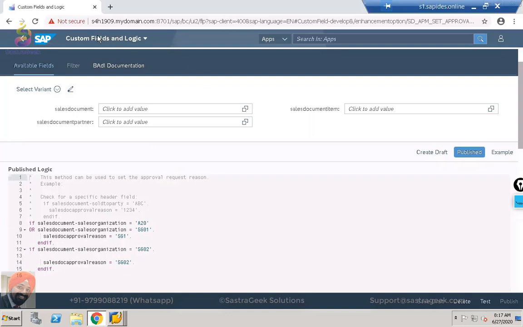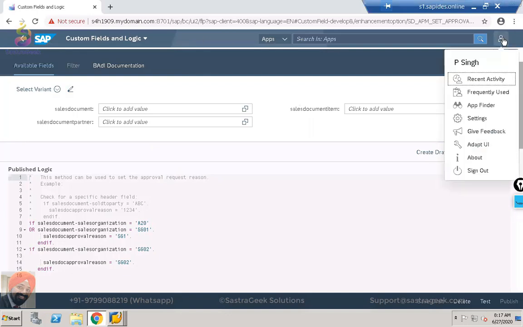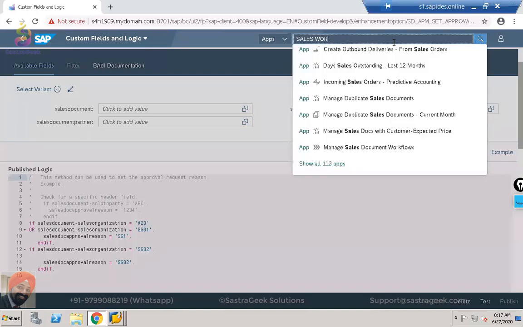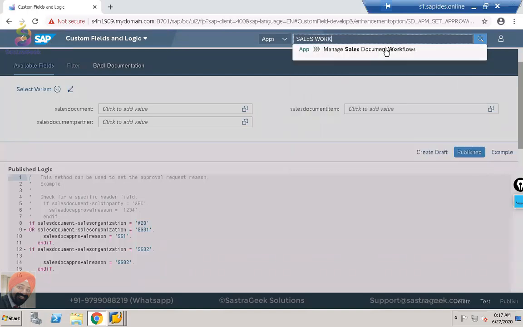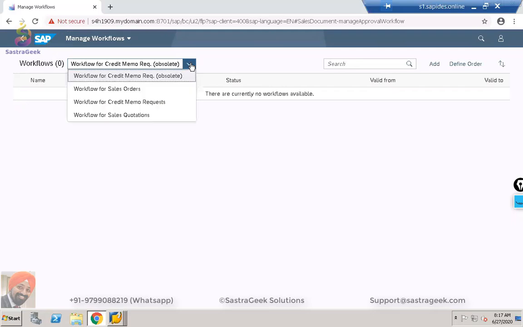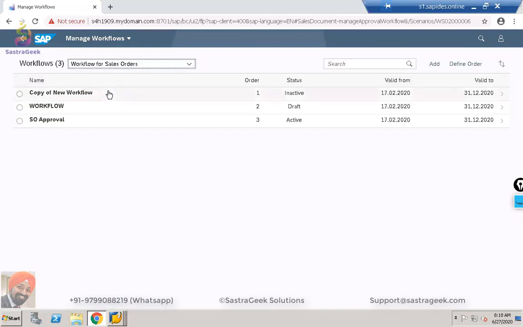Okay, now the next application we need to do is the Manage Fiori workflow application. So let me search for sales workflow, Manage Sales Document Workflows. So here we have 3 objects which we can do: credit memos, sales order, and sales quotation. Now we are going with the sales orders. We'll see how to set up a workflow for the sales